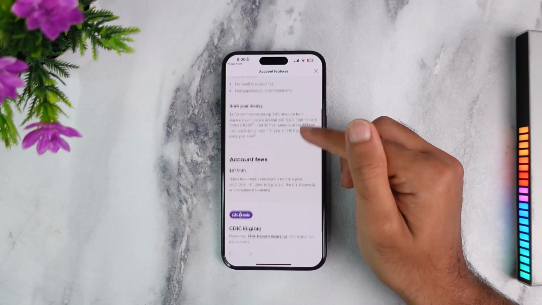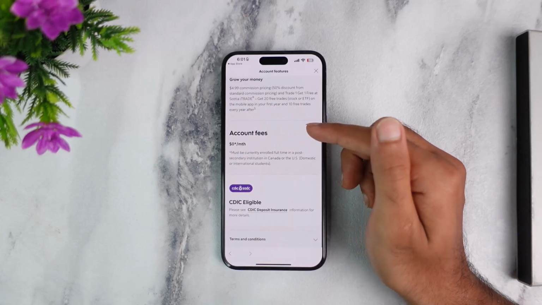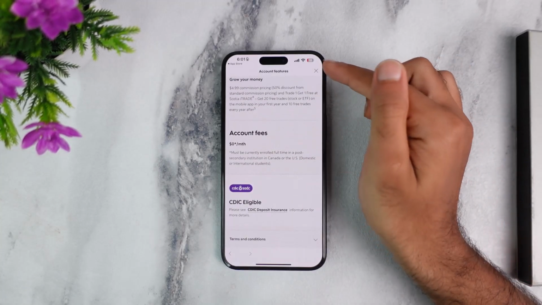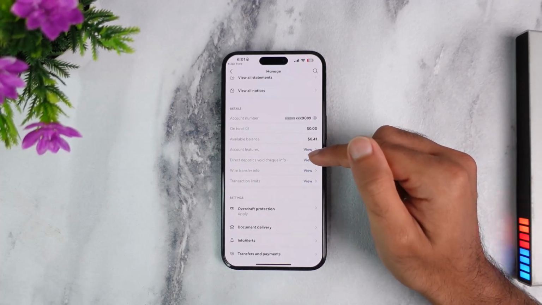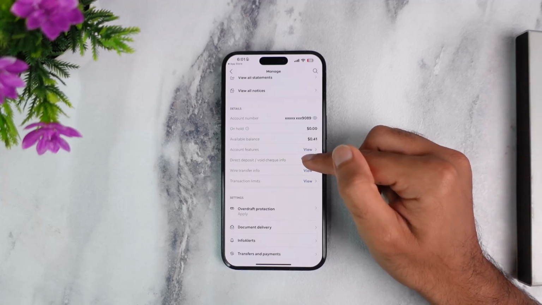So as you can see, these are my account features. You can see the account fees, etc. You can also see the terms and conditions. So for now, we'll simply skip this process. After that, if you'd like to view the direct deposit information or simply your void check info, tap on the